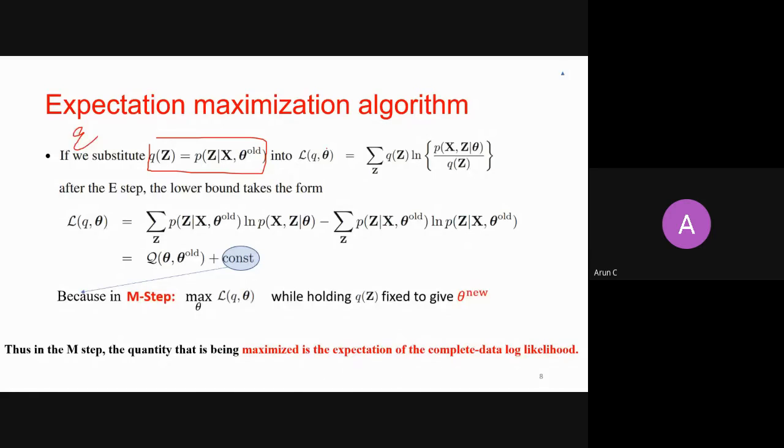So in E step, if you replace your Q(Z) with this posterior probability here, right? When you just replace this posterior probability in L, not in K,